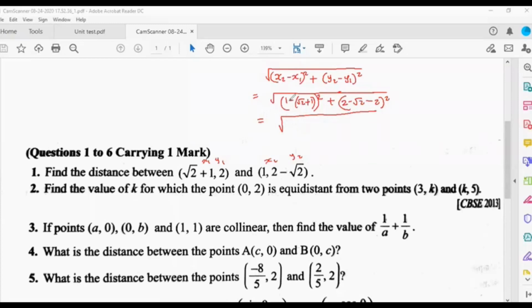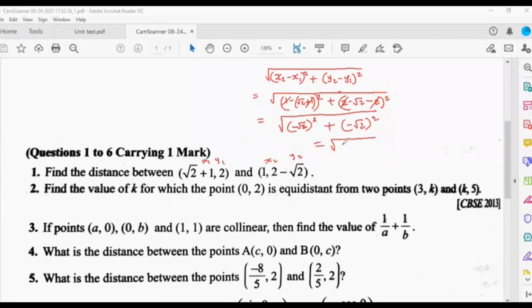That will be 1 minus root 2 minus 1, and you can cancel 1 and minus 1. When you give the minus to each term inside the bracket, it will become minus 1 and you can cancel it, and the remaining will be minus root 2, all square. Minus root 2 will be inside the bracket all square, plus the next term: 2 and minus 2 will be cancelled, and minus root 2 square will be there. Okay. So next step, root 2 square and minus root 2 square are the same. What is minus root 2 square?